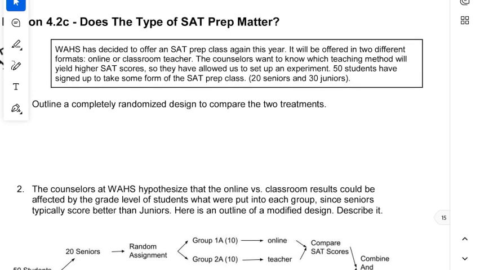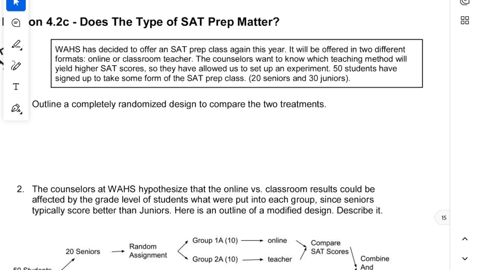Does the type of SAT prep matter? So a school has decided to offer an SAT prep class again this year. It'll be offered in 2 different formats, online and classroom. Counselors want to know which teaching method will yield higher SAT scores, so they have allowed us to set up